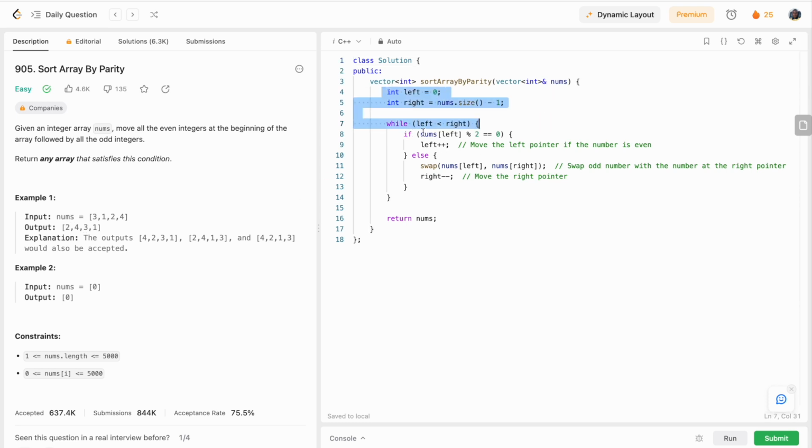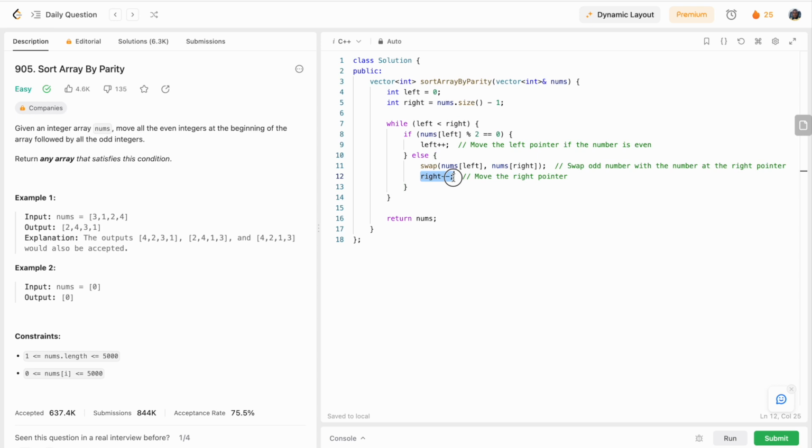And then you are going to loop. If you find an element which is even, we want even to be in front, so you move 1 step forward. Now if you find an element which is odd, what you're going to do is swap that element with the last element, in fact the element at the right pointer, and then you are going to